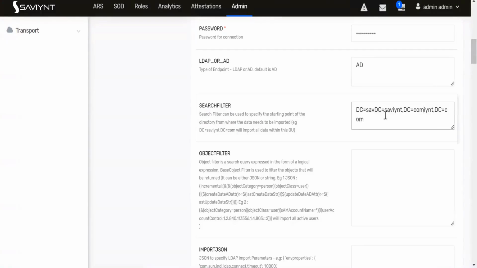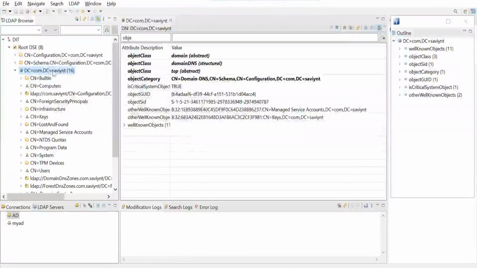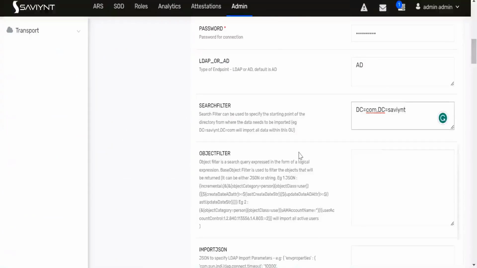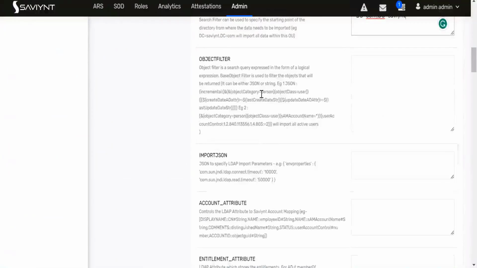It should be the other way around: first DC equal to, comma, and after that the rest. I want to do the search filter. So after that, object filter, I'm just keeping blank. Okay, we are not mentioning any filtering here, so this import is actually